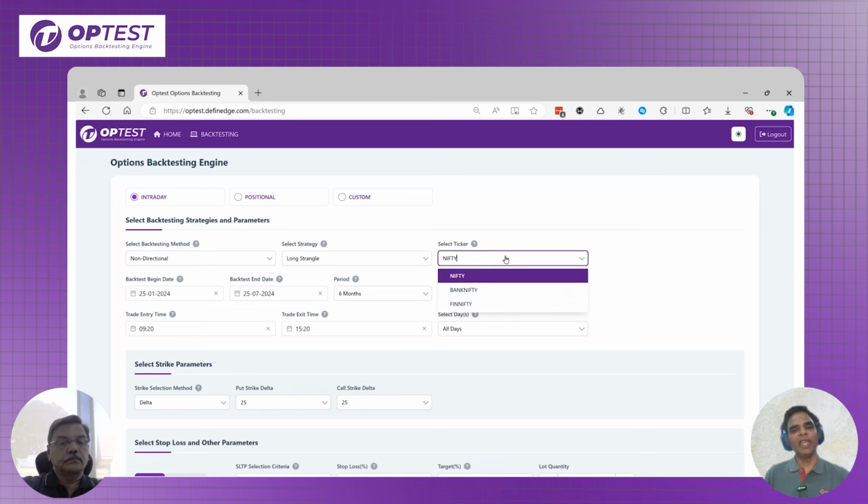For intraday, we have chosen only the indices for now, because we see that traders mostly use indices for intraday trading, and barely anybody uses stocks for intraday trading, as far as I know. So we have restricted to only Nifty, Bank Nifty, and Fin Nifty for now,